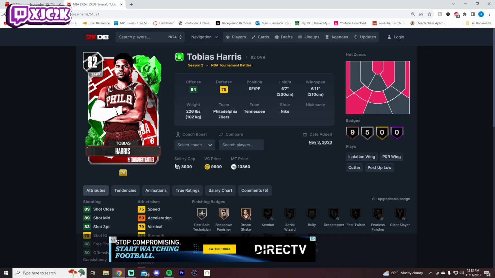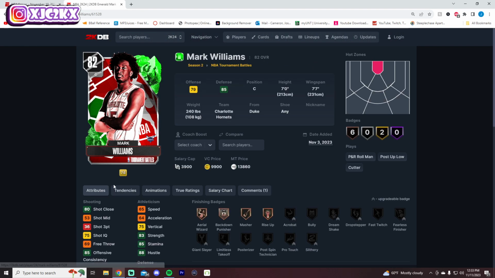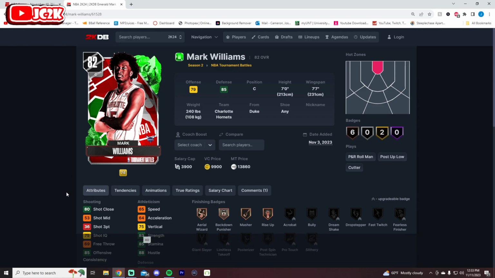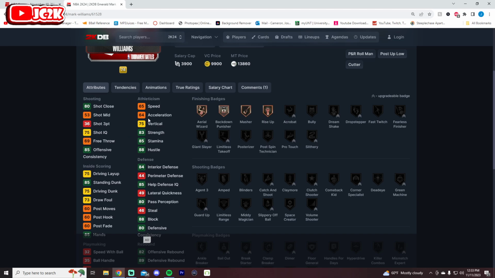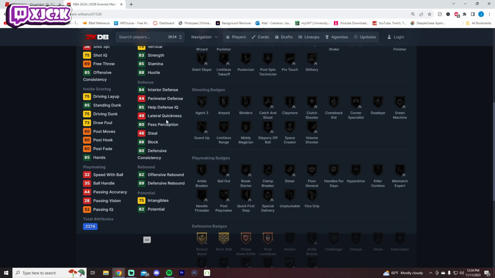Mark Williams for the Hornets is an interesting one. Mark Williams is really having a great year so far for the Hornets. Really good player in real life. 7 foot, 7'7" wingspan, really big player build. So this card actually, if he gets a nice little speed boost, could be a really, really good inside center. Obviously, he can't really shoot the ball, but maybe a mid-range boost will give him the ability to shoot a mid-range. I have no idea what his release looks like,